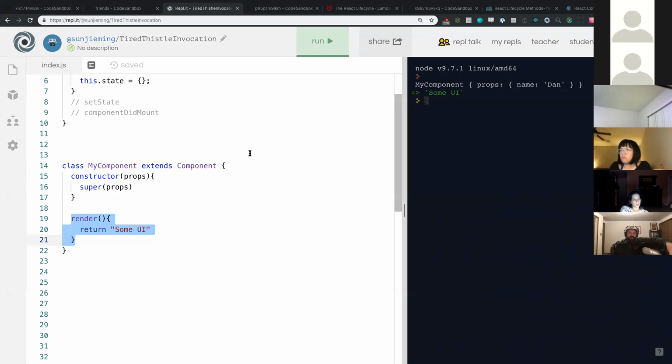When it's mounted, when state changes, not necessarily when state changes. There's a very specific thing that needs to happen that will make render be called. If I did something like, let's just say method here, we're going to just fake method, that's what I'm going to call it. Set state, exactly. If I did something like this,